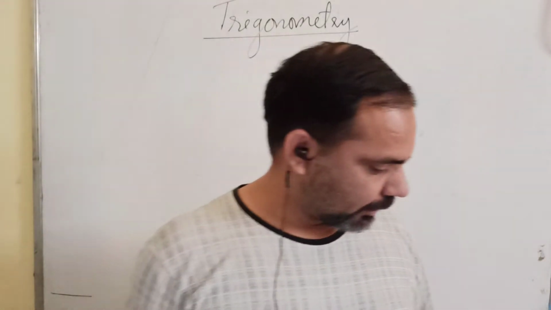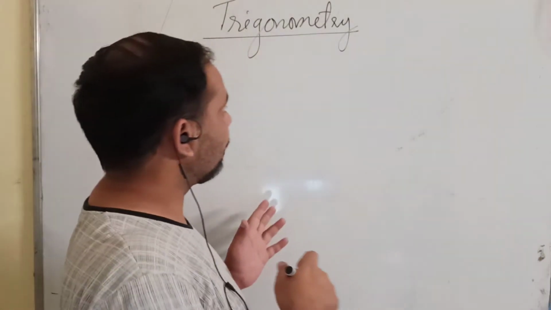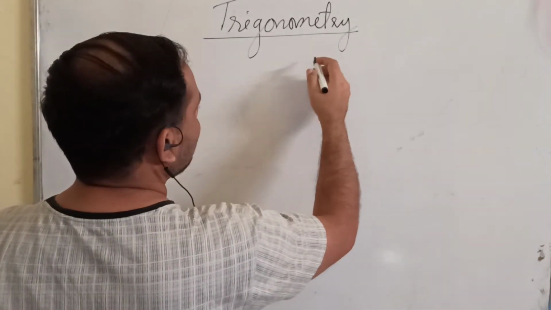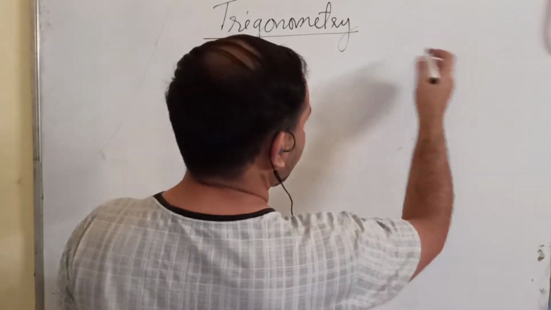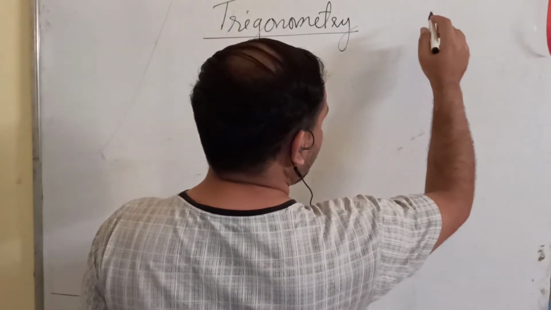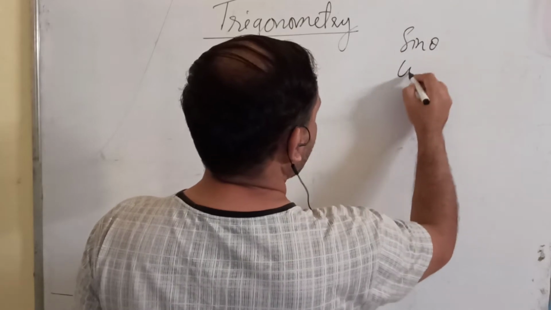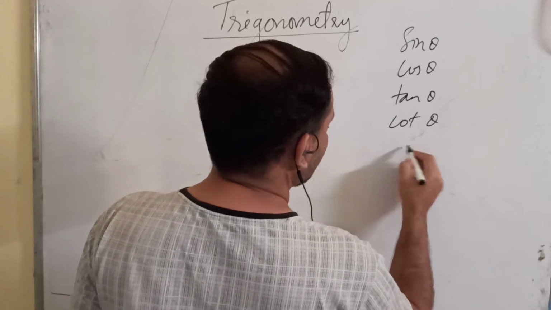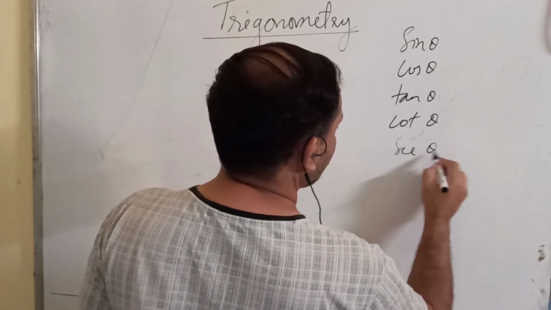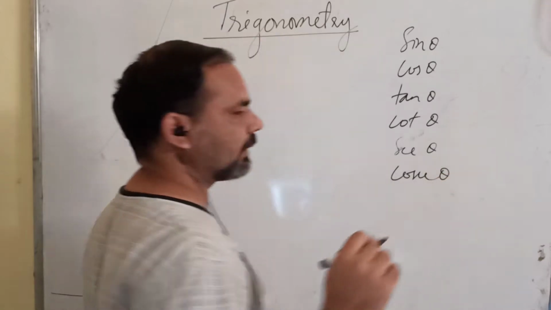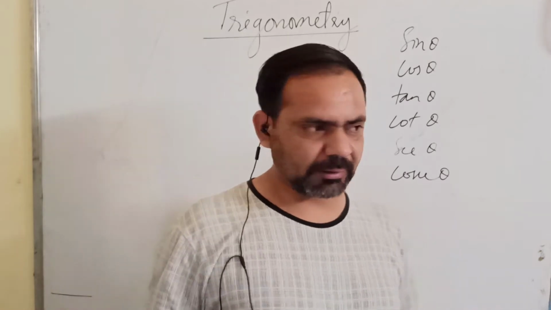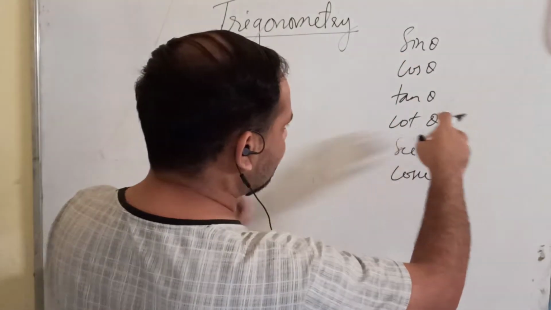Okay, so today I am starting the topic trigonometry, and you must be knowing that portion that we have discussed in class 10, that what are trigonometric ratios. So we have 6 trigonometric ratios. They are sine theta, cos theta, tan theta, cot theta, sec theta and cosec theta. I'm not going to repeat that portion which you have seen in class 10th. Only a little bit I will discuss. So these are different ratios.